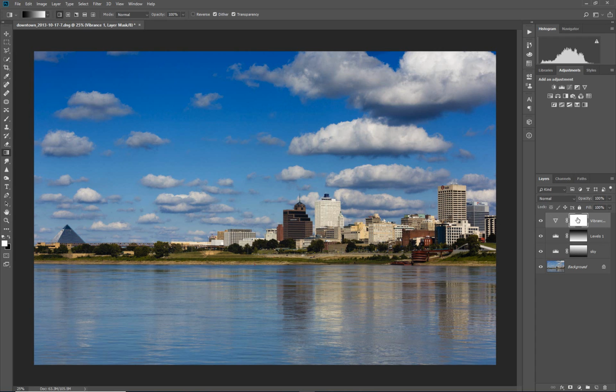I'm going to go ahead and paint on this mask, paint the effect in. I could go and paint it out, but that would be a lot more work. So what I need to do is make this mask black. And you can do that by using Control-I on the PC or